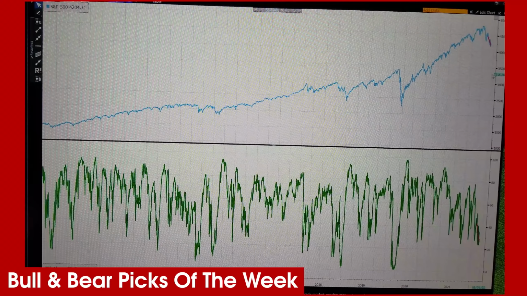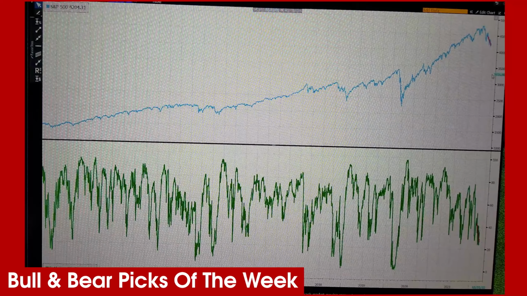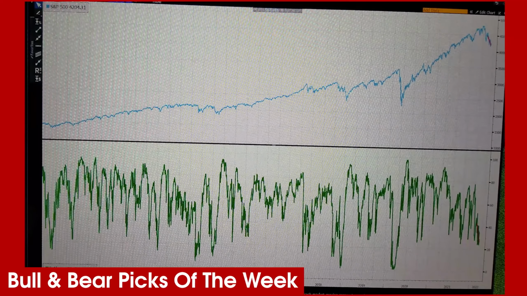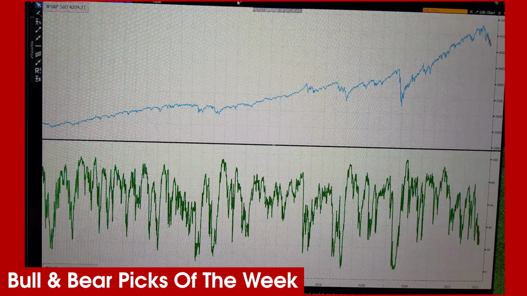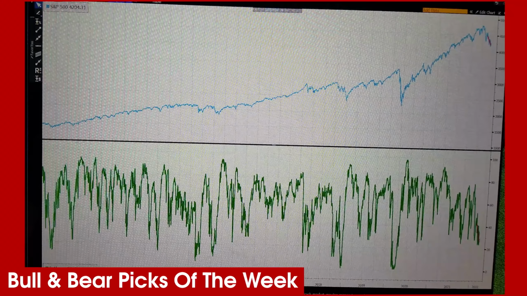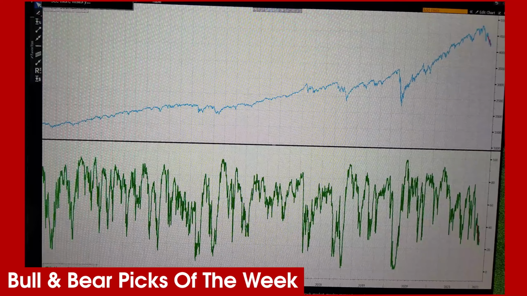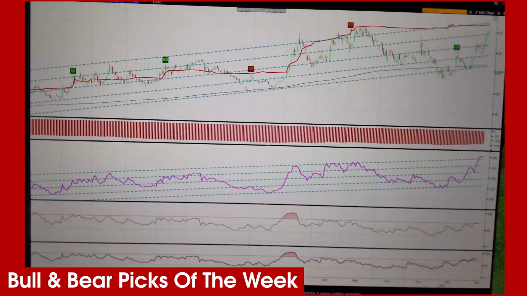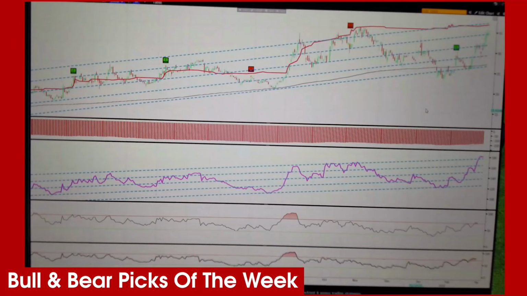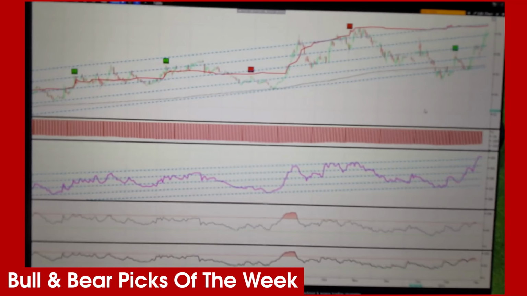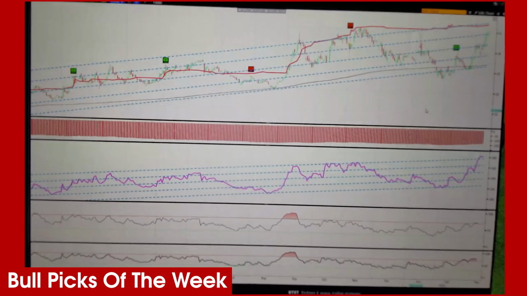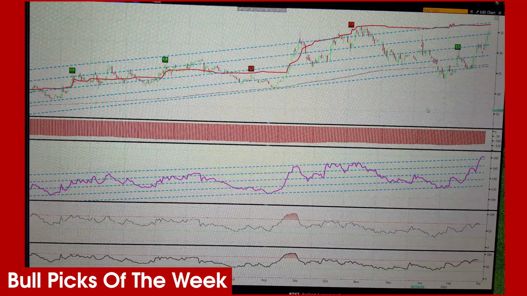Bull and bear pick of the week. Well, what do we look at here that's bullish from an oversold perspective? So if we're looking at charts relative to markets, where we took money off the table this week, not bearish at all. Very, very bullish, still long term. The potential